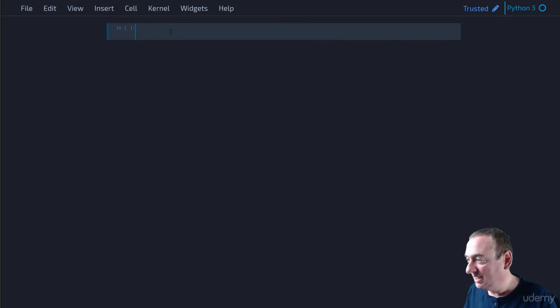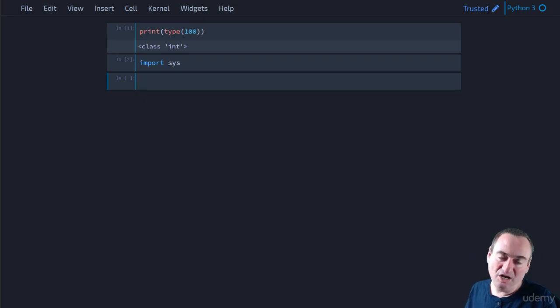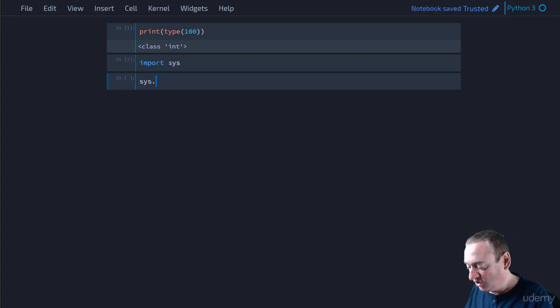Looking at some code, let's just see again the type of integers. So we can say print type of some integer, let's say 100. And as you can see, it's a class of type int. So integers are objects. So we can take a look at how much storage space, how much memory is being used when we create integers. So we're going to first import the sys module, and we're going to use the getSizeOf method that's in the sys module that allows us to find out how much memory is being used to store a particular variable or a particular value. So we're going to say sys